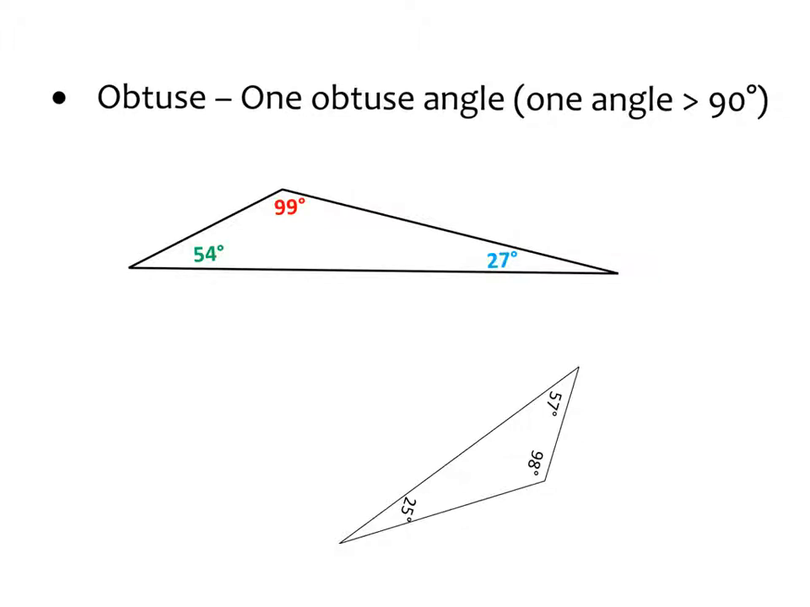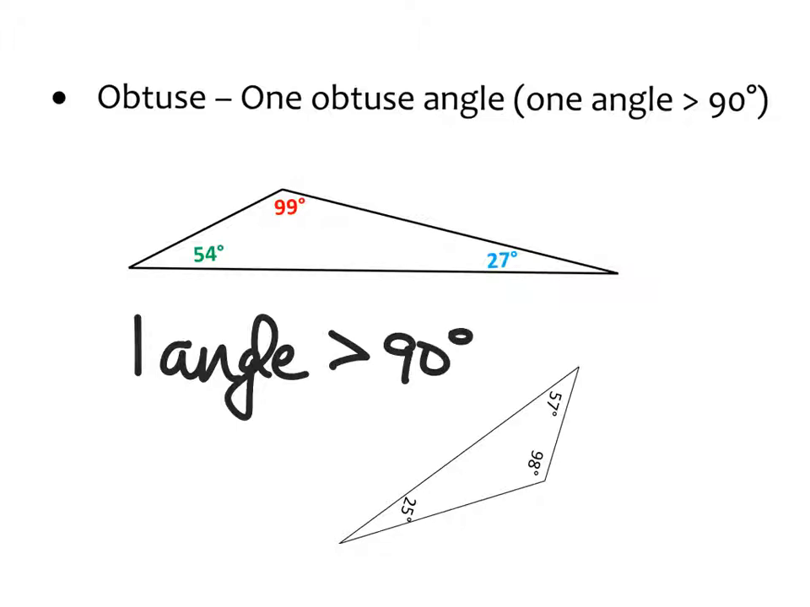So you'll see here in these two examples, I have obtuse triangles. I know that I can name a triangle by its angles as an obtuse triangle when one angle is greater than 90 degrees. If I have a triangle where one of the angles is greater than 90 degrees, then I